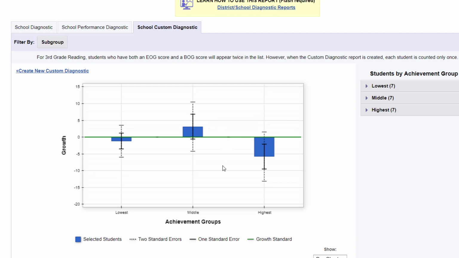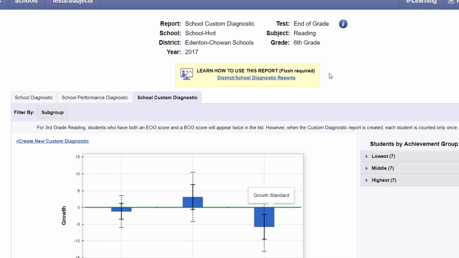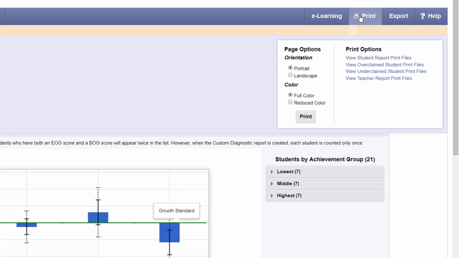So if I'm an administrator looking at this report, I would say this teacher teaches to the middle because her middle students are performing well. She's almost losing her low students, and she has lost her high students. So this teacher needs to learn how to differentiate. She's teaching straight down the middle, not addressing the needs of her lowest learners and not addressing the needs of her highest learners. If I come up to the top and hit the print button,